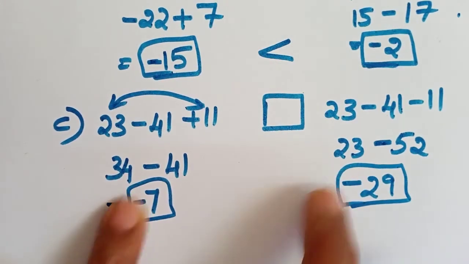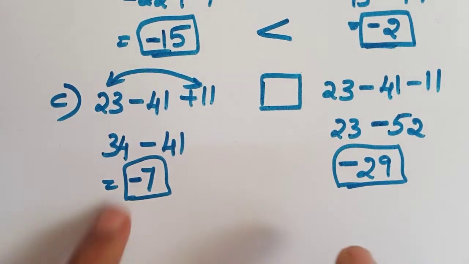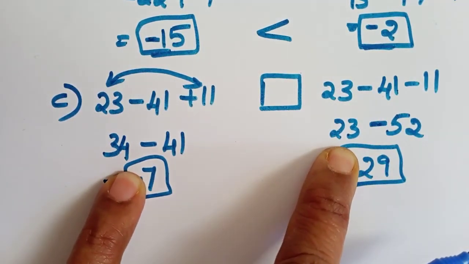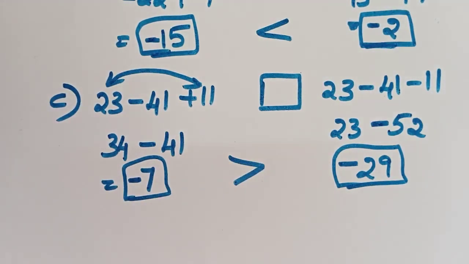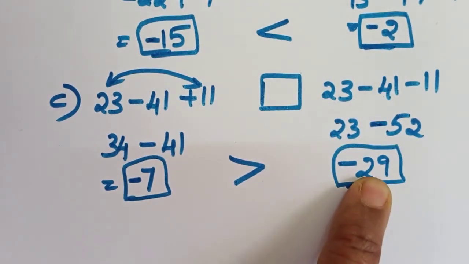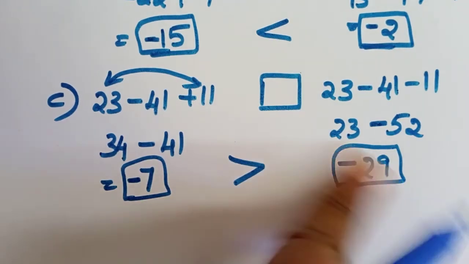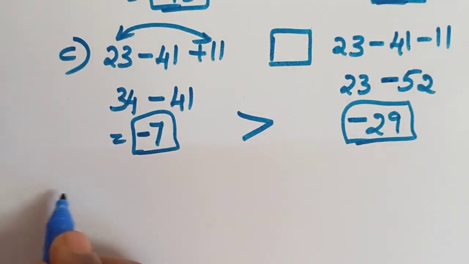Close both the negatives. Both side negatives I am getting. That's why I am using this trick what I told you. Close the negatives. Now 7 is big or 29 is big? 29 is big. That means when negatives are there, 7 is bigger. That's it. Opposite you should do. Because as the number increases, its value decreases. The smaller number will be the greater here. Without sign, whichever is small, that will be the biggest one. Next, D bit.